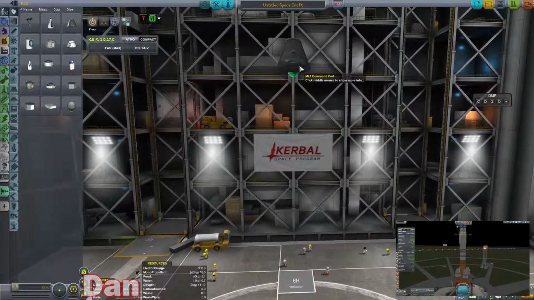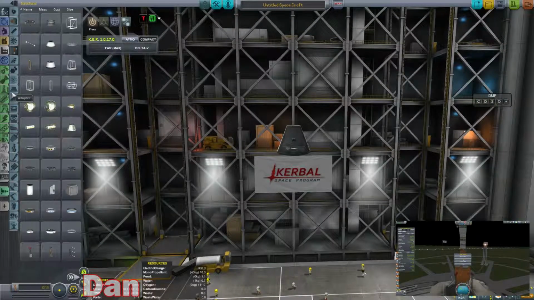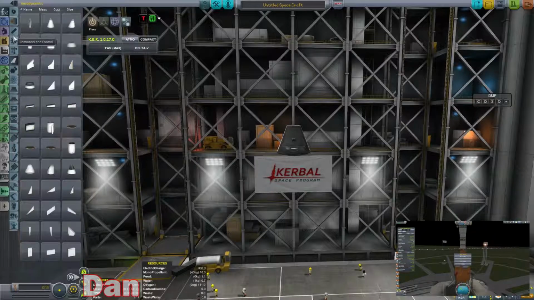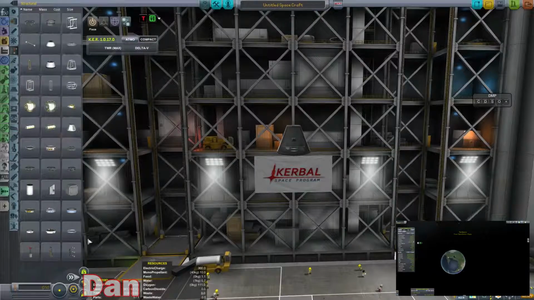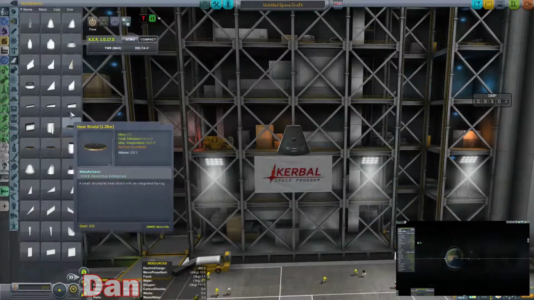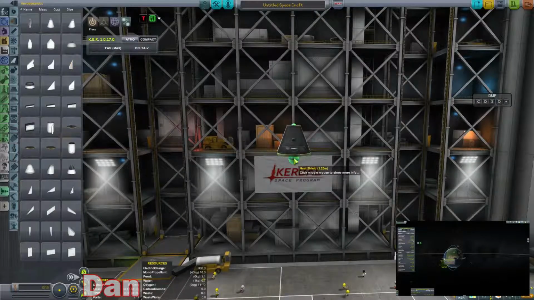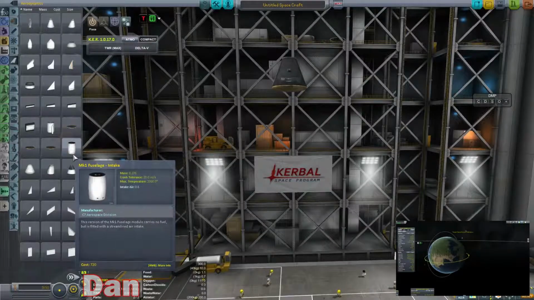Okay, so we got a Mark 1 command pod. We're going to need just your standard heat shield. Wherever that happens to be. Standard heat shield. Okay, now we're going to put some...